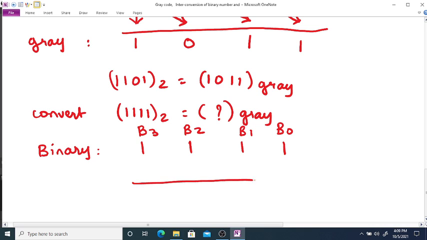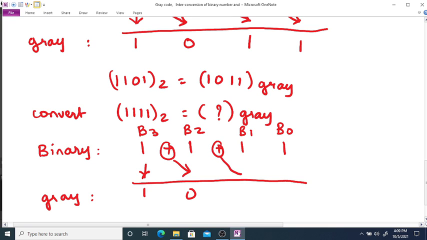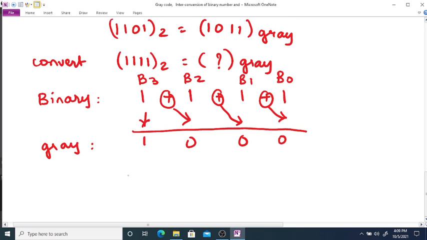So here we will write down the MSB bit as it is for gray code. Then we will XOR B3 bit and B2 bit, we will get 0. Again we will XOR B2 and B1 bit, we will get here 0, and B1 XOR B0 bit will give us 0. So the gray equivalent for given binary number 1 1 1 1 is 1 0 0 0.